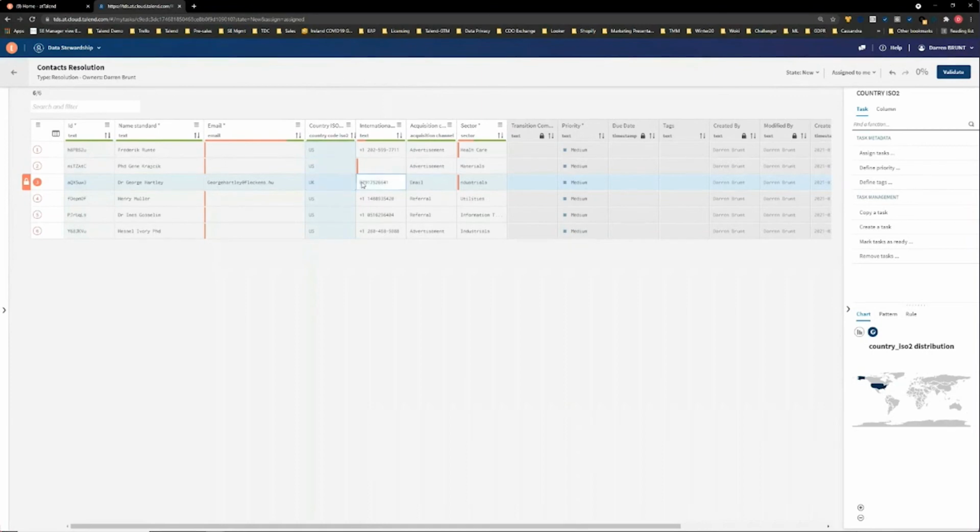It might be that because this hasn't been internationalized as part of the preparation, I might want to manually go and add some information to this phone number. It might be that I know that the UK is +44 and we drop the leading 0, and I can manually change information in this. And finally, we can see here in the sector, there's a challenge with what looks like perhaps a spelling mistake. It possibly could be industrials as opposed to industrials.